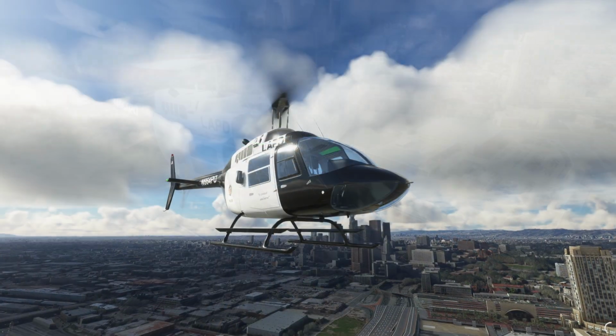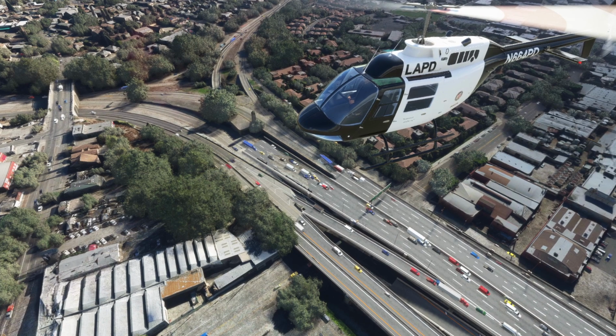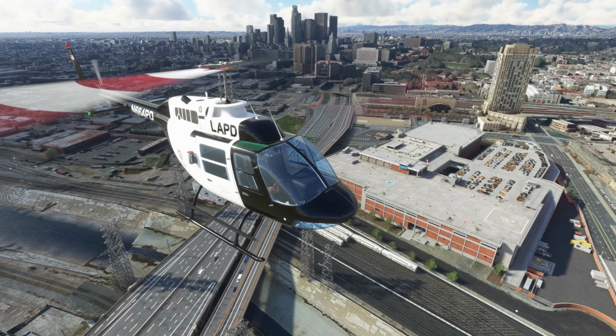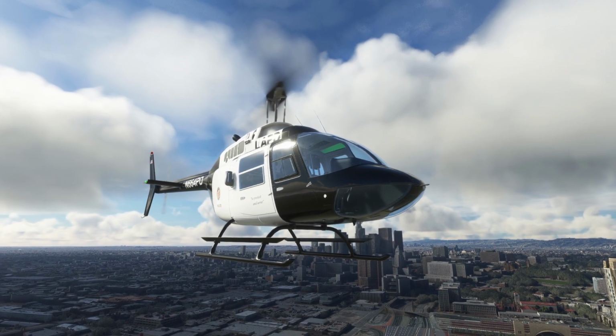It seems like the Bell 206 was ready a bit sooner, so the company decided to release it a bit earlier than anticipated. Like their Bell 47, the 206 features custom flight dynamics. This means that it does not make use of Microsoft Flight Dynamics, since FlyInside believes it can achieve better results with its own code. Systems are also fully simulated, so you'll be able to perform full startup and shutdowns, and